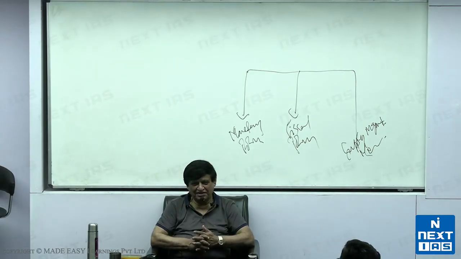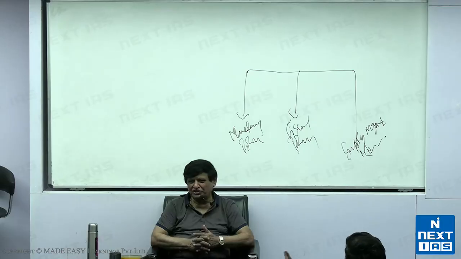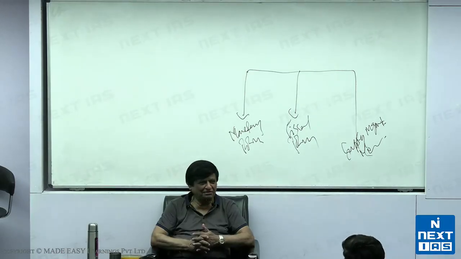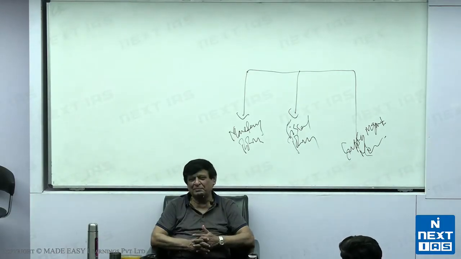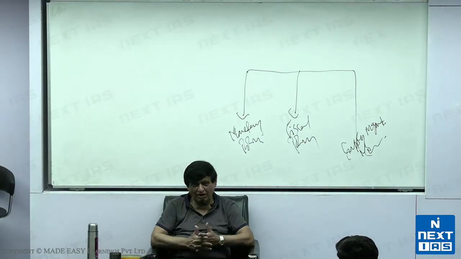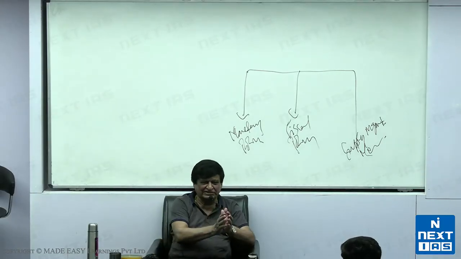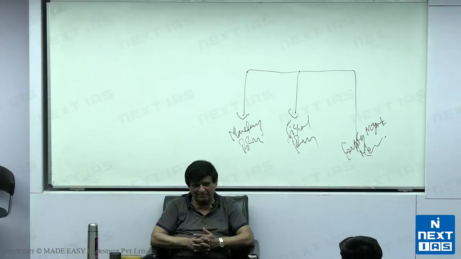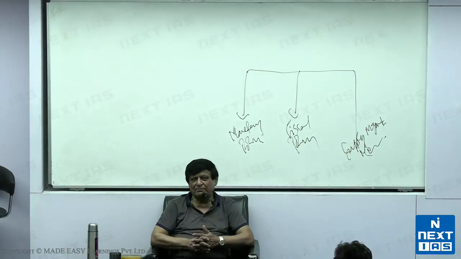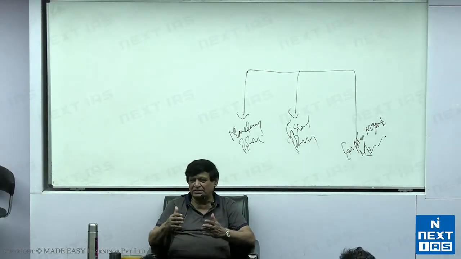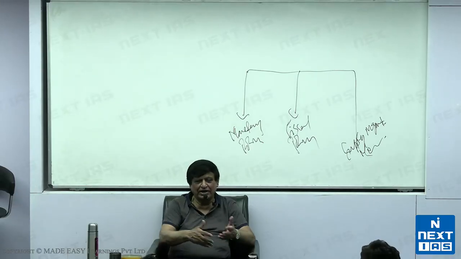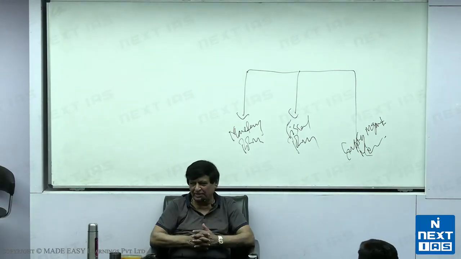The rate at which RBI lends. What is the full form of repo? Repurchase what? Government securities. Right? It lends against government securities with a promise to banks that I will repurchase these securities after a certain period of time. So, repo rate is that rate of interest at which the central bank of a country, in India the RBI of course, lends to commercial banks.